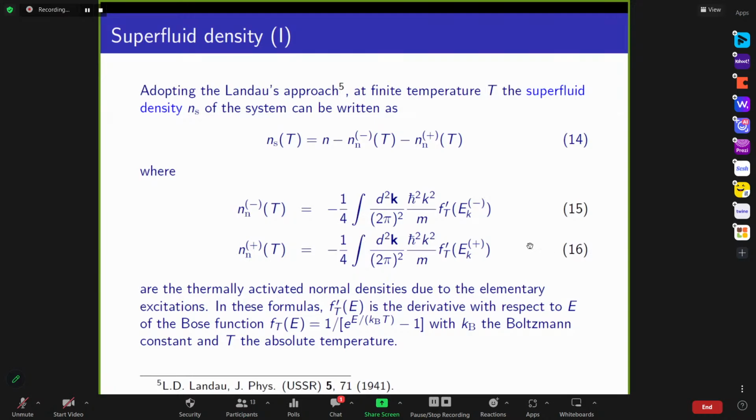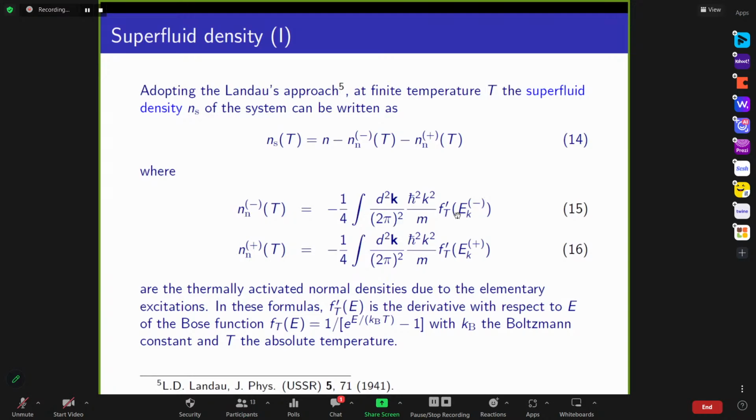What is important is that in formulas 15 and 16 there appears the derivative of this f_T. And this f_T is nothing else than the Bose-Einstein distribution for the energy E,